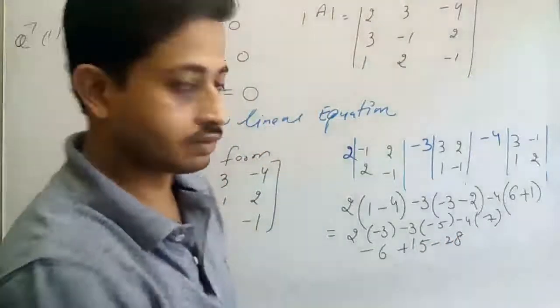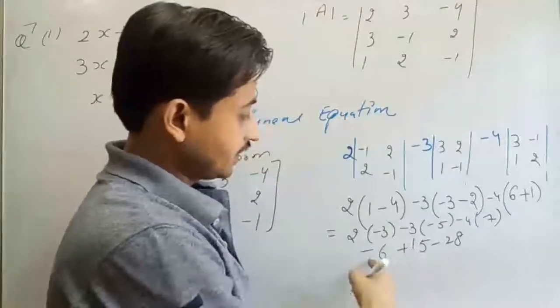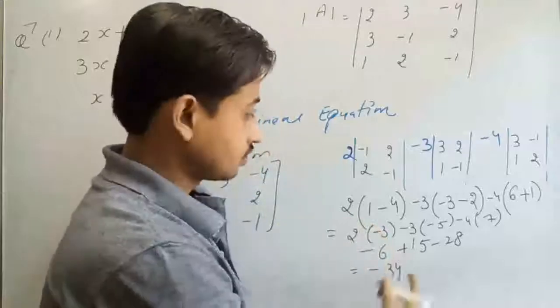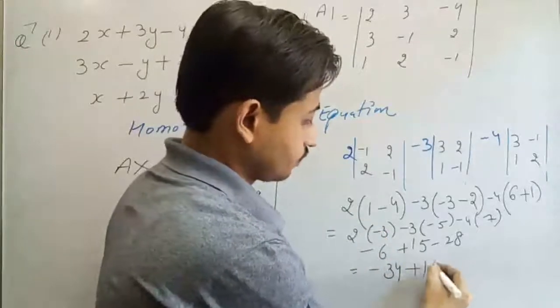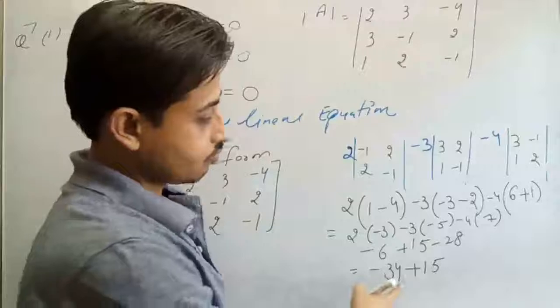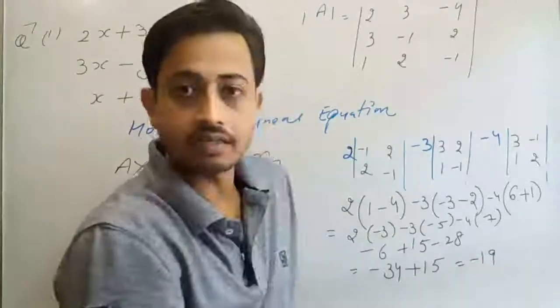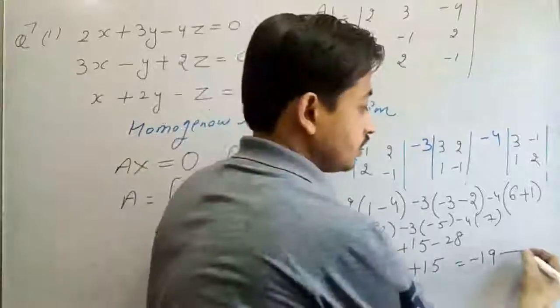So 2 into 3 minus 6, minus minus plus 3 5s are 15 and minus 28. Now what will we get? Minus 28 and minus 6, we get minus 34 plus 15. Now what will we get? 14 minus 5, 9 and 1, we get minus 19, and minus 19 is